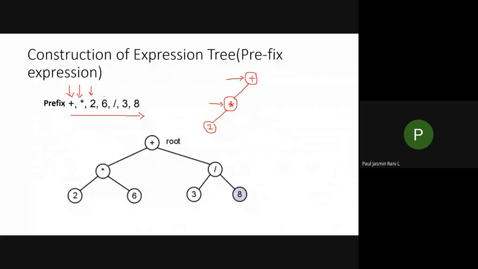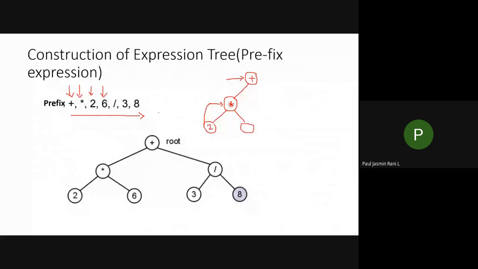So for 6, what happens? When I want to insert this one, the previous element is 2. Okay, so 2 is a leaf node, so I can't insert under this 2, isn't it? If it is a leaf node, it means you will not have any branches. So I move on to the parent node over here. From this asterisk, what happens? I prefer the right side. Okay, I have a vacancy only on the right side of this node. So I'm going to create a node over here, and after creating this, I'm going to put 6.